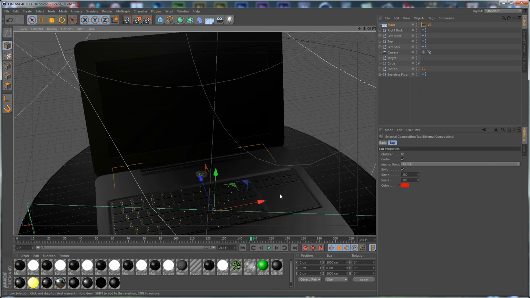So this is something that's important, and also we need to export the letters of the keyboard the same way